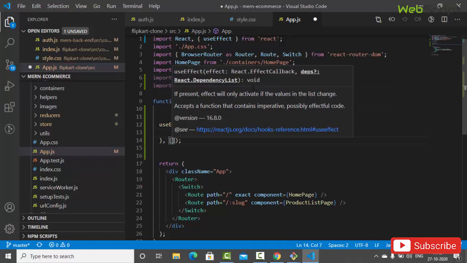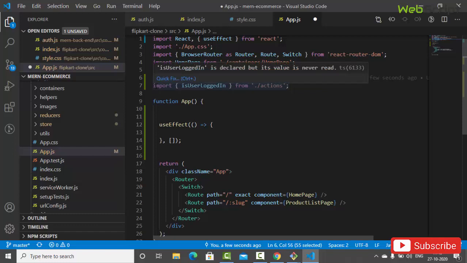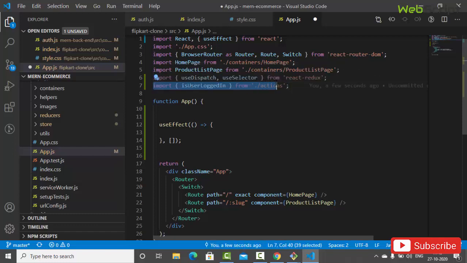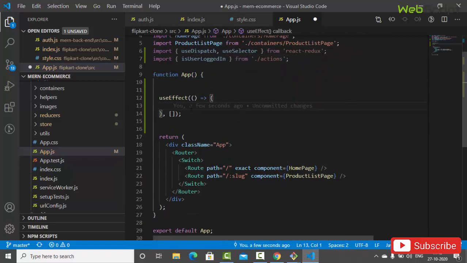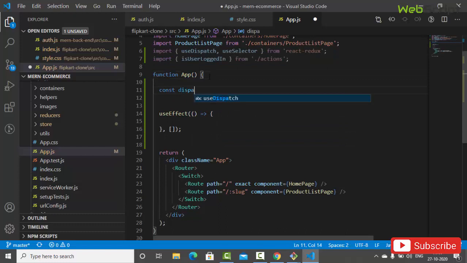Because we have done the same thing in admin, and you have to import this one, line number 6, use dispatch, use selector, as well as line number 7, use is user logged in or not. So you have to import these two lines. I hope it is not in your file right now because I have added it. And here after adding these two lines, you can use that. So we'll say const dispatch equals to use dispatch, and yep,